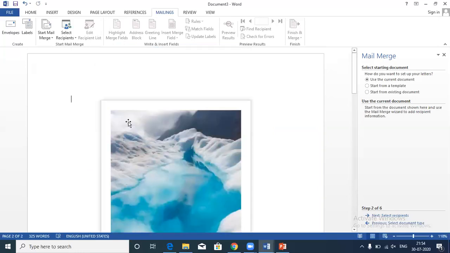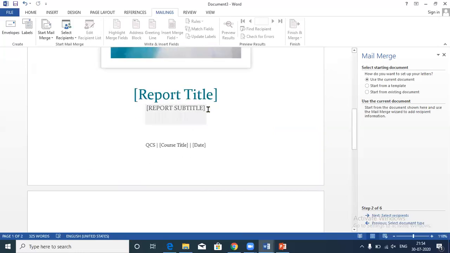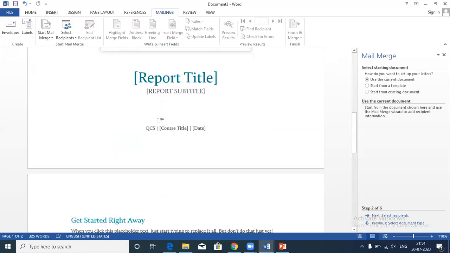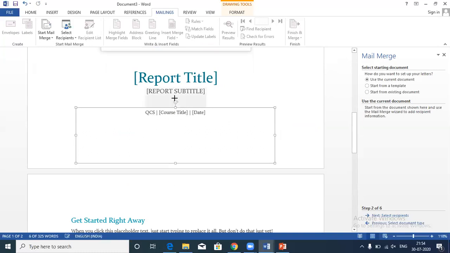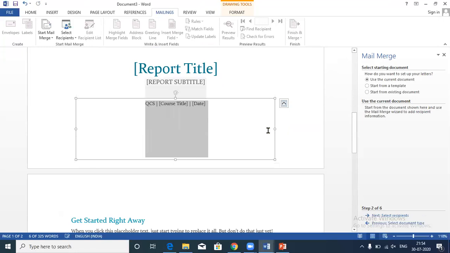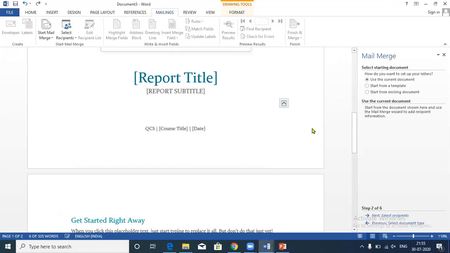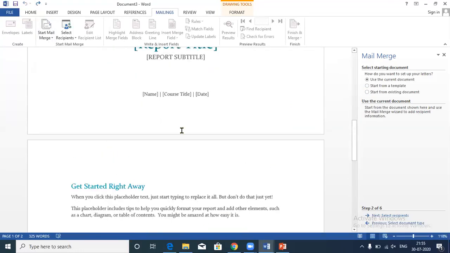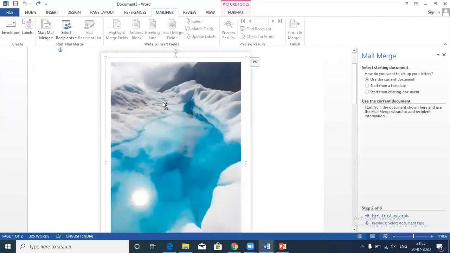After that we can create this. Whatever you want to add, you can add here in the document. Wherever you want to add the detail of the student, at that particular place you can add that detail, as per your requirement. If you want to use the current document and don't want to use this template, you can undo here. Fine, if you want to use this document, then it is also fine.